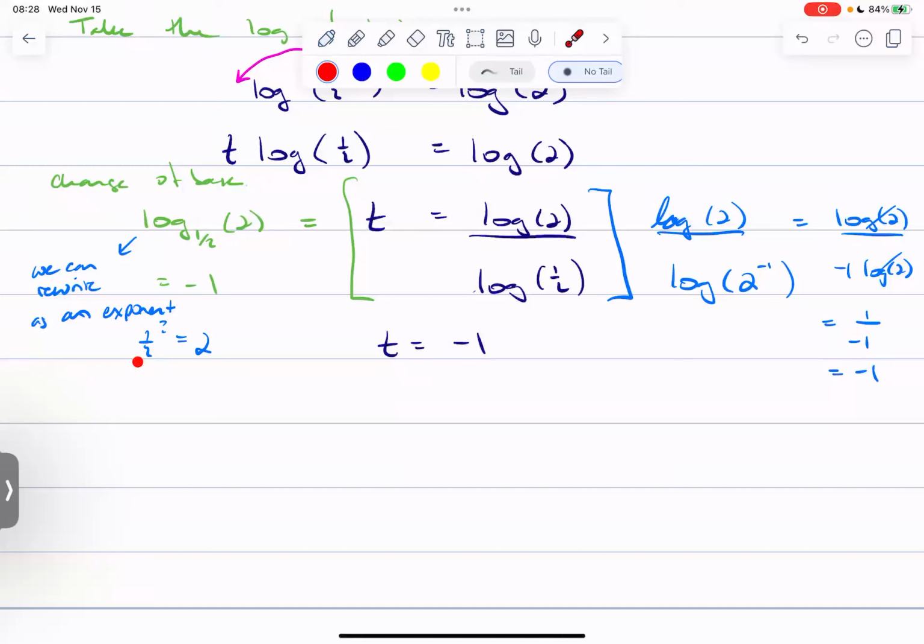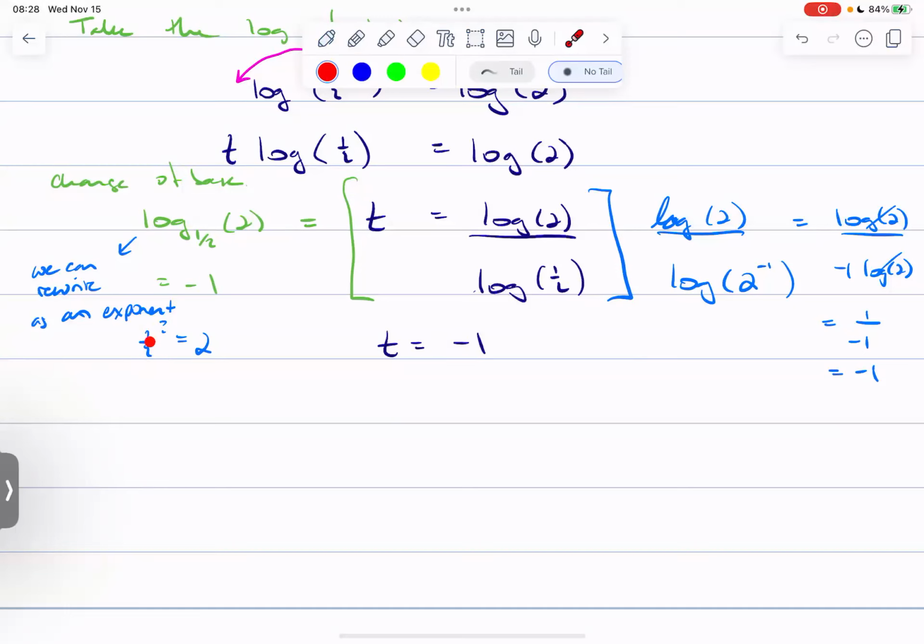This is 2 to the -1, right? If I rewrite 1/2, it's 2 to the -1. But if I just want it to be 2, then 1/2 to the -1 is going